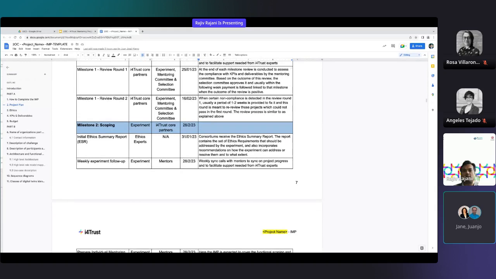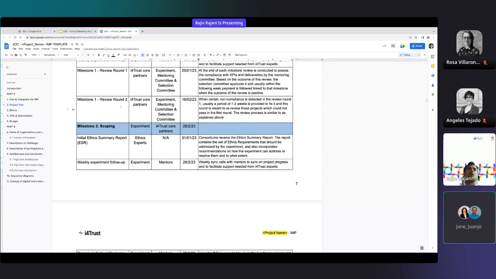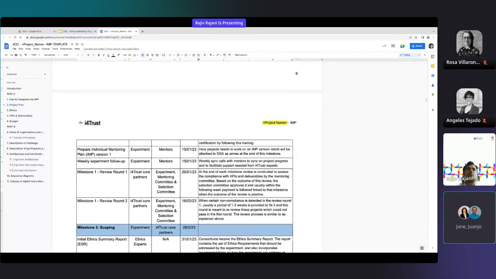This is to make sure that we can streamline this process as much as possible, and also for you to keep the expectations right, that these are the dates when we expect these processes to be finished on your end, so that we can also finish this process on our end, and then the payments can be made on time. If you do not meet the requirements for that milestone, then the payments are not made until those requirements are met. So that is about milestone 1.